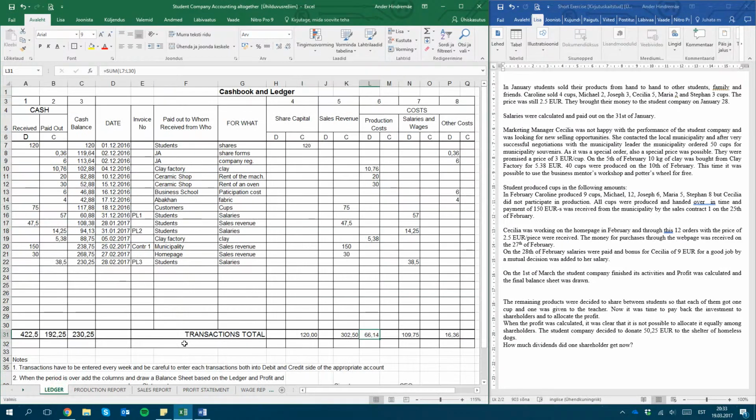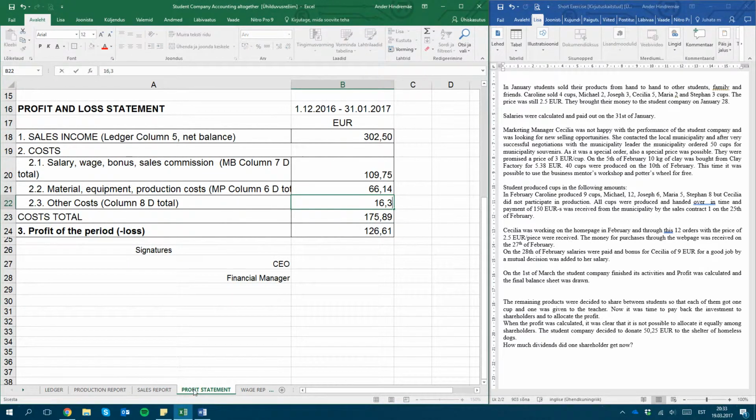And other costs, €16.36. Still the same as earlier. What we can see over here: the total income was 302 euros and 50 cents, while the total costs were 192 euros and 25 cents. Overall, the company actually made a good profit of 110 euros and 25 cents, which is excellent because if you